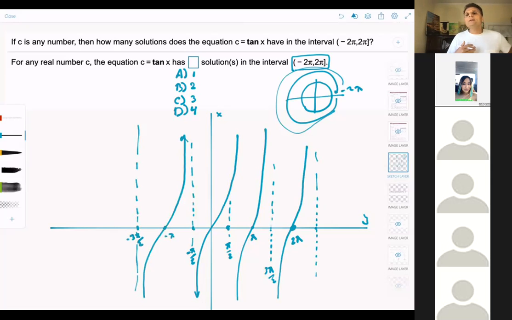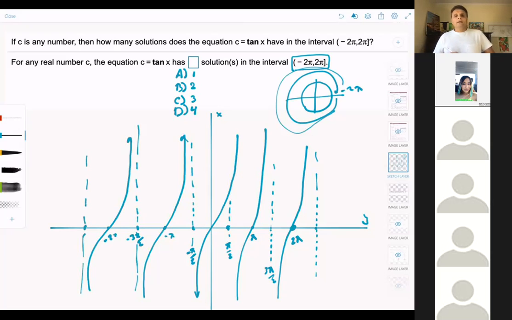How do I know this? I know it from that slide I showed you. You should have this in your notes sheet. Then we have this going to be negative 2 pi. Good. So we have from negative 2 pi, open circle,